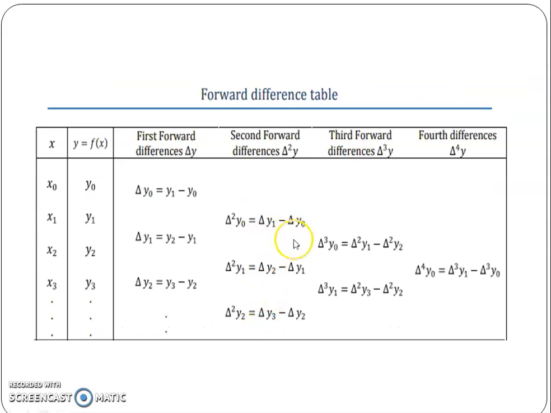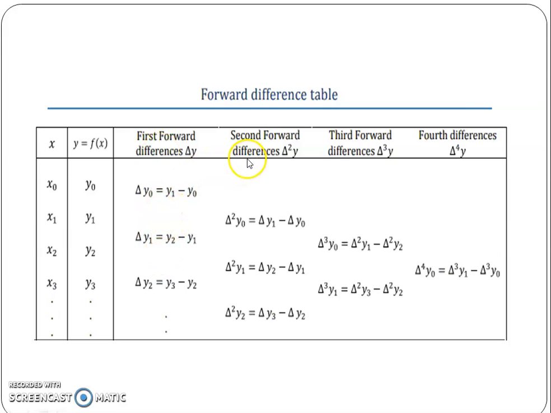Now forward difference table. Using this first order difference, second order difference, third order difference, we are going to construct the forward difference table. First, enter all x values in the first column, corresponding y values in the second column. In the third column, we are going to find the first forward difference. That means first find the difference between the second value of y and the first value of y, that is del y0 equal to y1 minus y0. Similarly, y2 minus y1. Similarly, y3 minus y2. Write like this. Put all the values in the third column here.